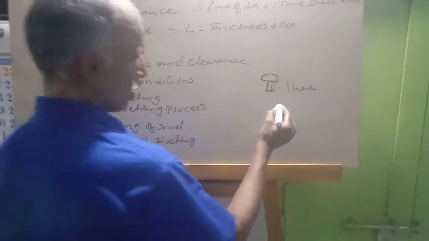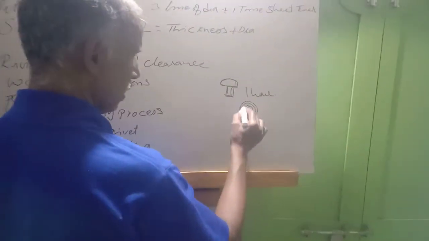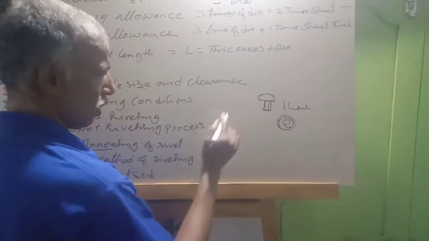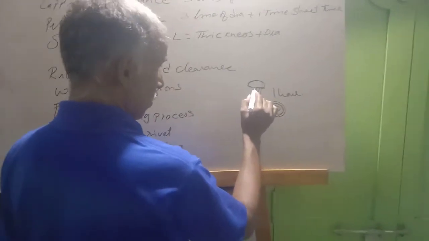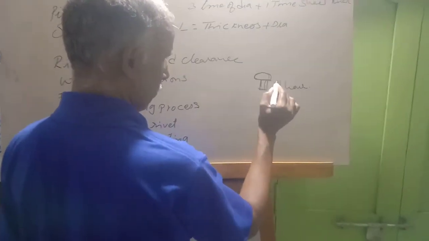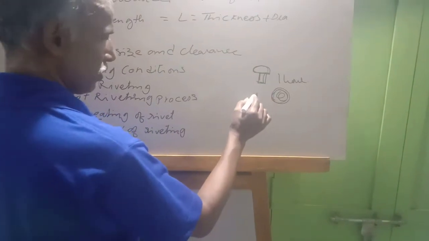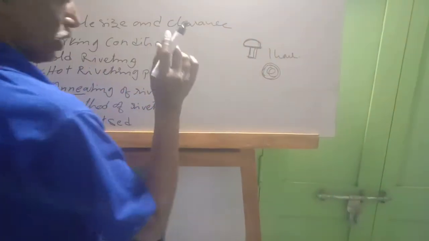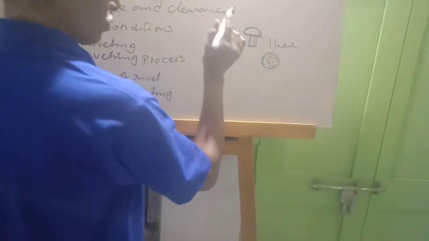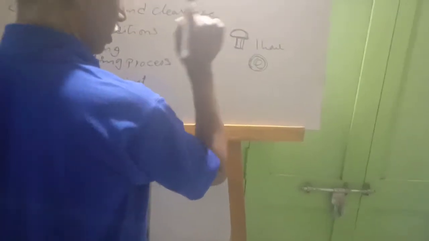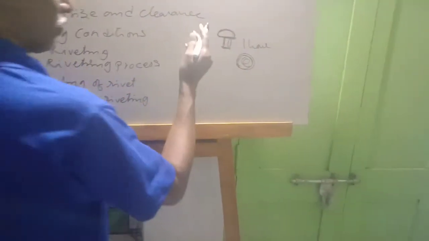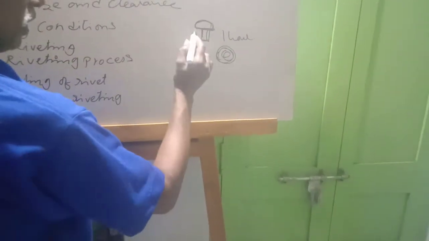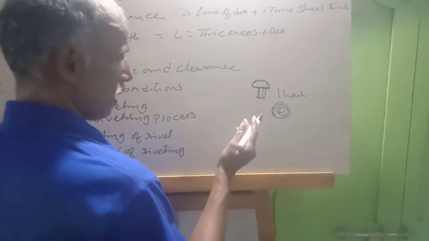The furnace should be filled with what we call ashes. The furnace itself will be hot, and slowly it will cool down. So after heating this rivet for 1 hour to the upper critical temperature, when it is cooling, the outside atmospheric moisture should not enter this rivet. If moisture enters the rivet while it is cooling, it will become hard again. So without taking any atmospheric moisture, it has to cool in the ash.